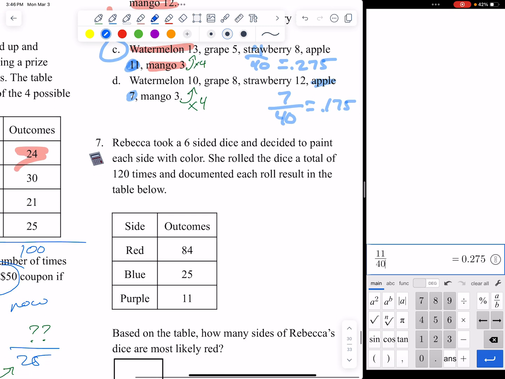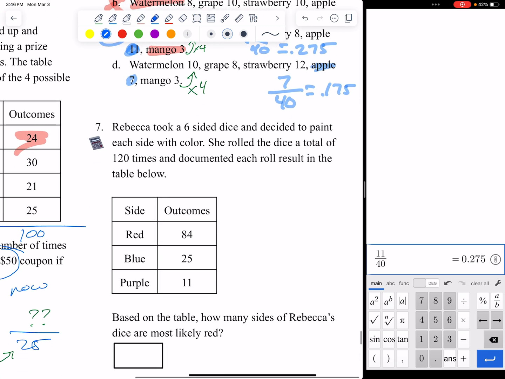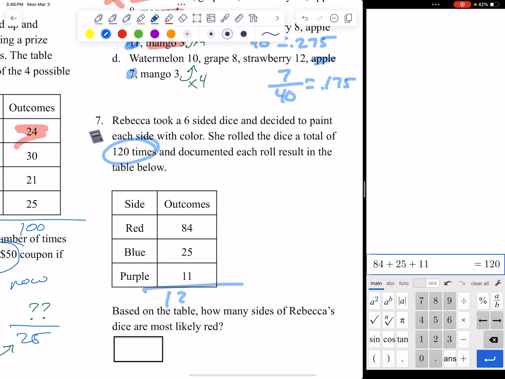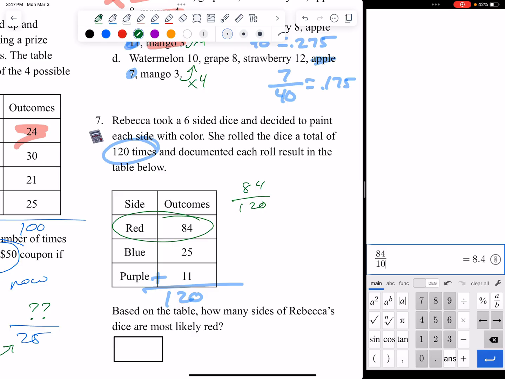I'm sorry. All right. Rebecca took 6-sided dice and decided to paint each side with a color. She rolled a dice a total of 120 times. Does that work if I add those? Let's just double check. 84 plus 25 plus 11. Yes, that equals 120. Based on the table, how many sides of Rebecca's dice are most likely red? If I want red, I want 84 out of 120. So if I do 84 divided by 120,